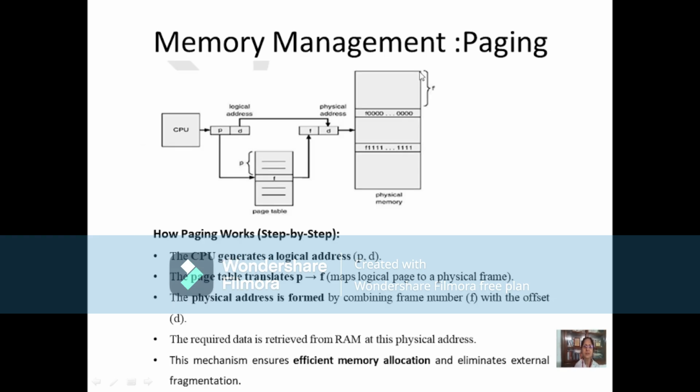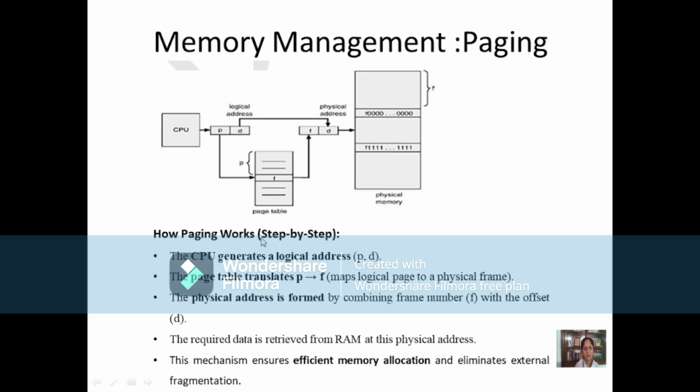So if you see, this is the diagram of our paging. CPU generates a logical address. Logical address is divided into two parts, page and offset. This logical address will have an entry in the page table. Page table will assign a free frame to our page, and after assigning the free frame, that frame number along with the offset will generate the physical address. This is how our page will be mapped to the frame, or in other words, the logical address will be mapped to the physical address with the help of the page table.